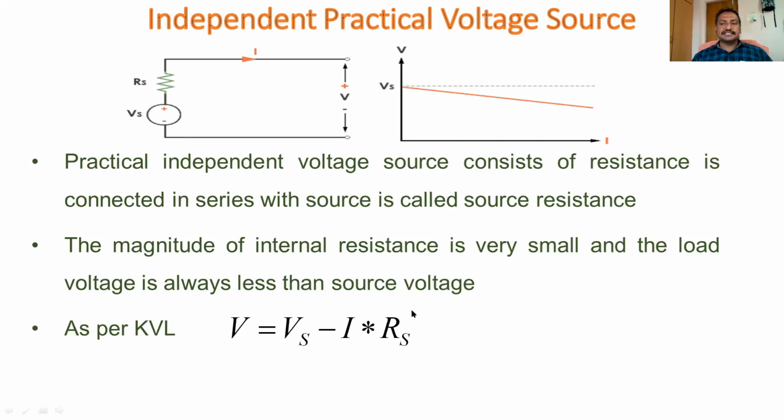Here, if we consider this internal resistance to be a very, very low value, for example 0.001, and the current I is 1 ampere, then 1 into 0.001. If, for example, 10 into 0.001, we get 0.01. Even for 100, it is 0.1. So we can neglect that, even though that much current will go to the load. Due to this internal resistance, there is no effect on the output voltage. The output voltage should be as near as possible to the source voltage, but always this voltage should be lesser than the source voltage because of this internal resistance.